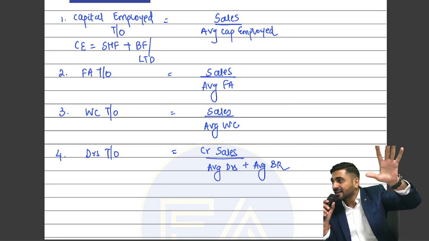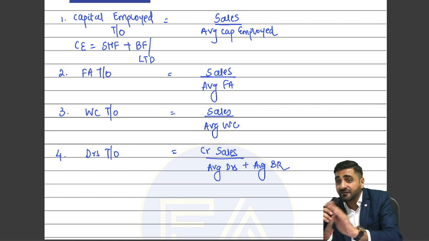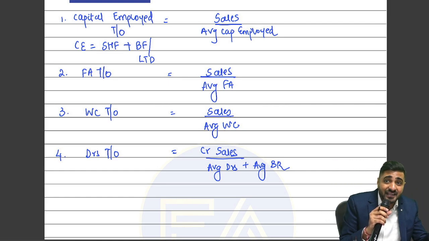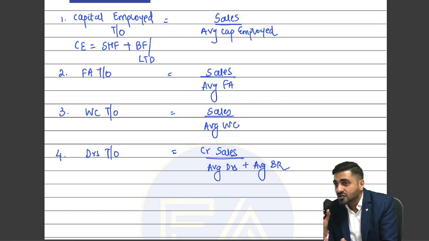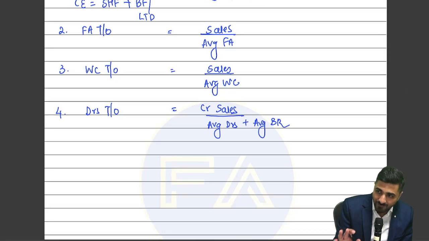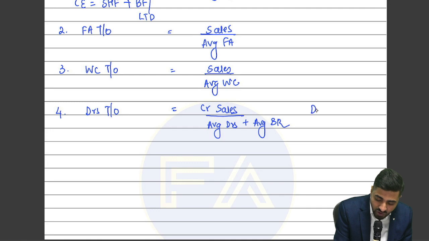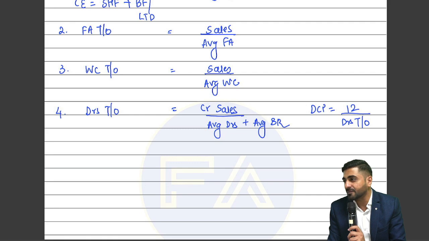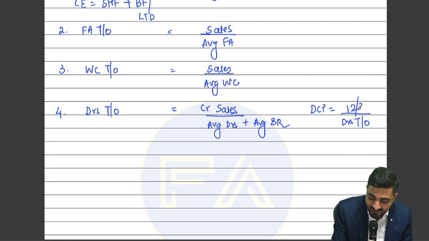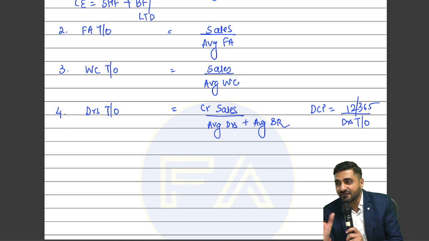So can I say that debtors turnover ratio can actually help you to calculate also your debt collection period, yaar? And if debtors turnover ratio is higher, it indicates that the company is giving lower debt collection period to its customers, right? So debtors turnover ratio can also help you to calculate which ratio, beta? Debt collection period. So can you please tell me what should be the formula for debt collection period, beta? 12 upon debtors turnover ratio. And if they ask you calculate debt collection period in days, then can I say I will take 360 or 365, and in case of weeks I'll take 52. Okay, and I'll divide that by debtors turnover.